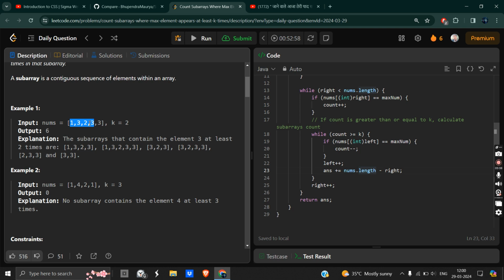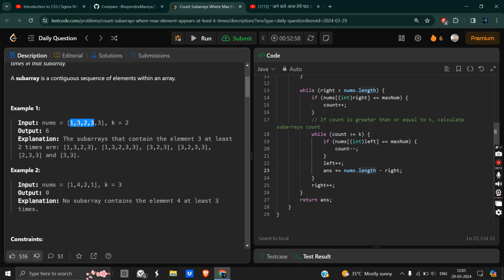So we get 1 3 2 3 as one subarray. Then another could be 1 3 2 3 where the last is 3, but it doesn't matter; suppose it is 5, then also we will count it, because it doesn't matter what the number at the last index is. It only matters whether the count is 2 or not.